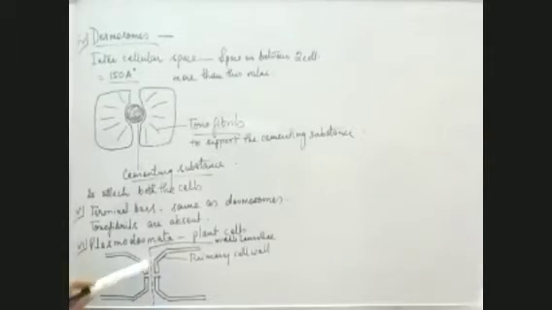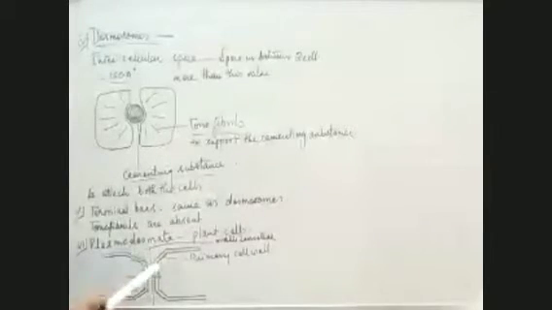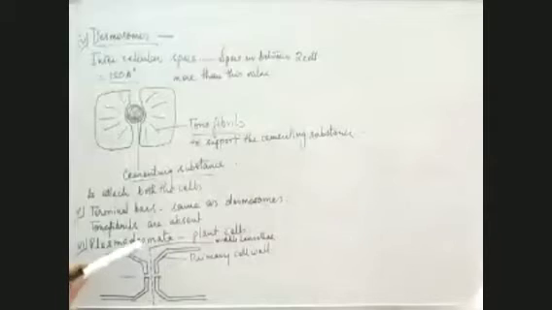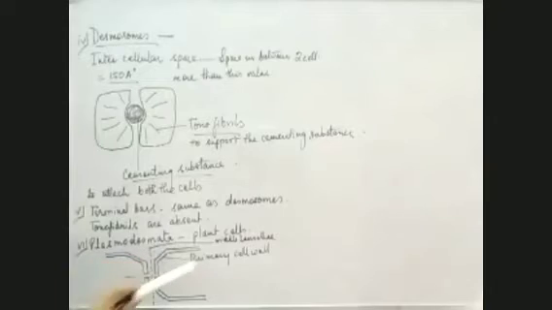We have the middle lamella here. So this is one cell, this is another cell. This is the middle lamella in the center of both the cells, and this is the primary cell wall of this cell, and this is also the primary cell wall of this cell. So both cells have primary cell walls. Now if you see, here are pores.